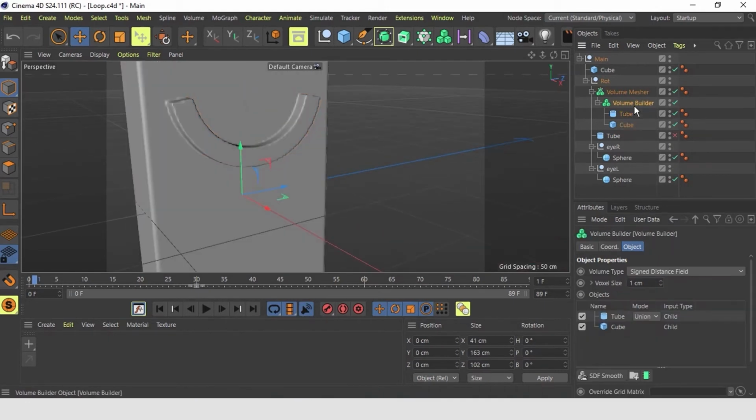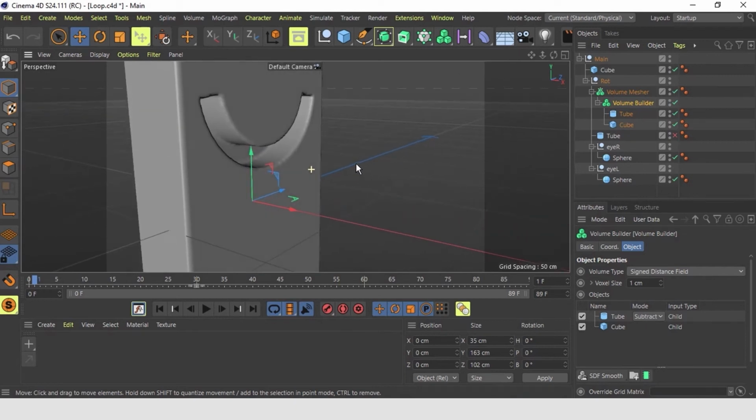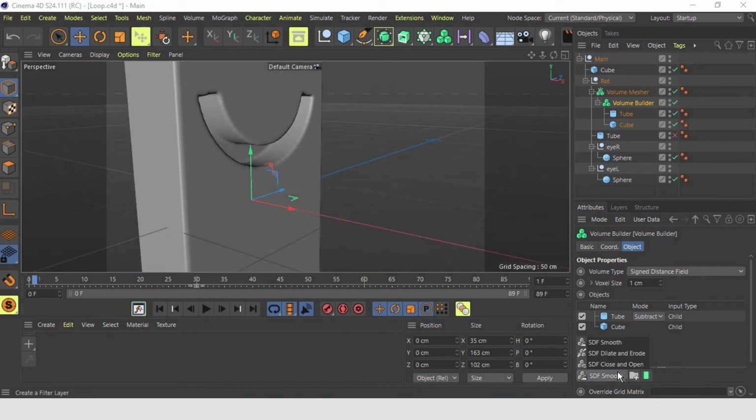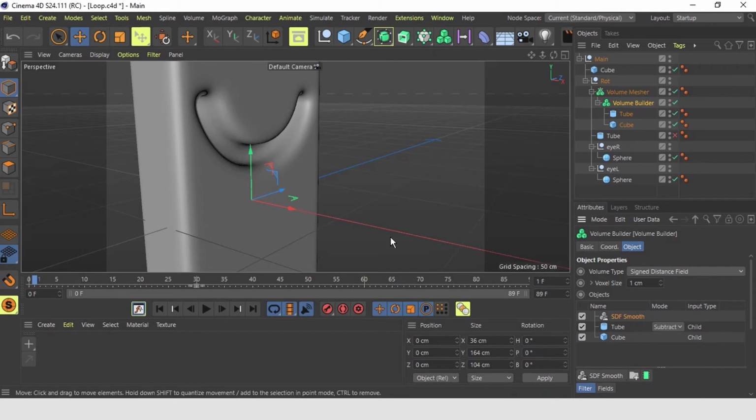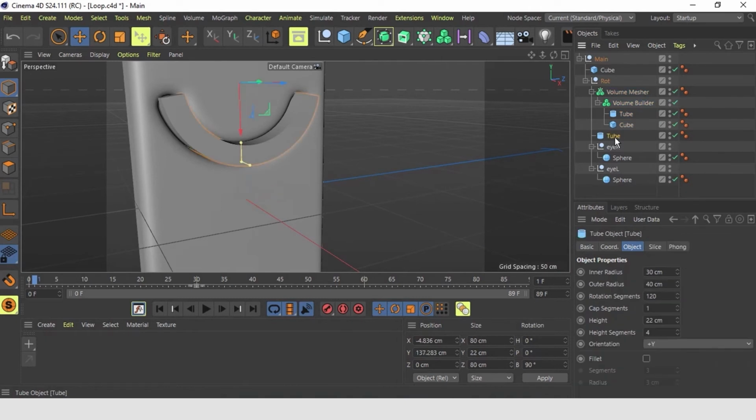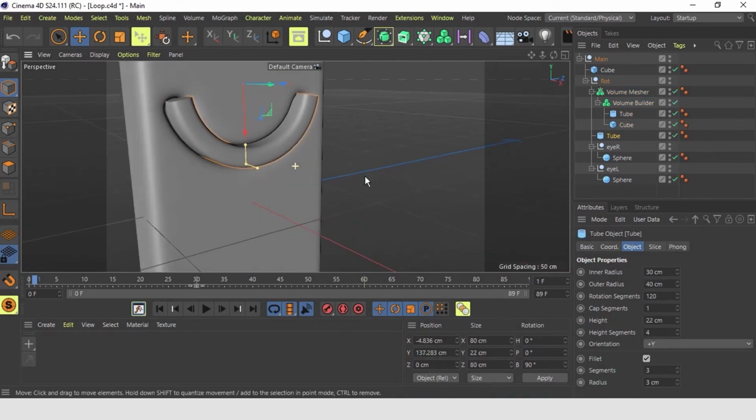And we say to subtract. So it cuts out the whole thing and we put a smoother on top and keep voxel distance 1. And this is the body we want to have. Okay, let's put the tube back up and we can give it a nice fill. It looks good. And we are basically set.